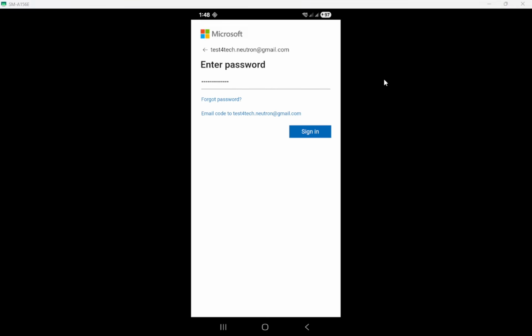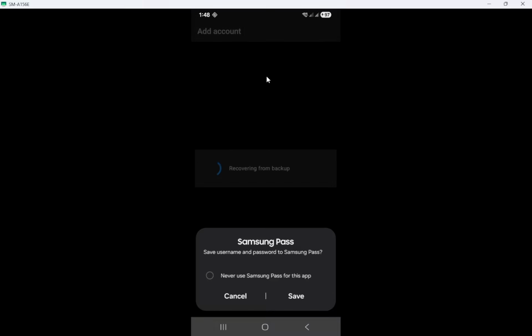Next, sign in with the same Microsoft account you used when you originally enabled backup. For many people, that's an Outlook or Hotmail account. For others, it might be a work or school account. After you sign in, the app searches the cloud for your saved, encrypted backup that's tied to that account. Give it a moment to locate and prepare the data.